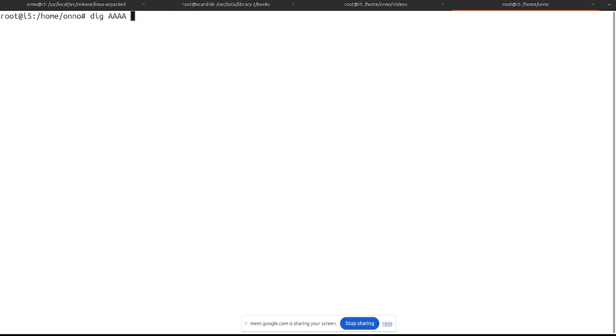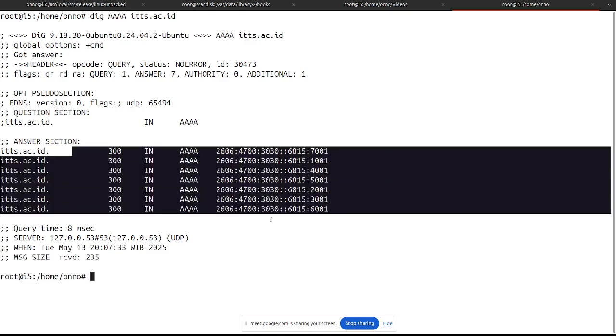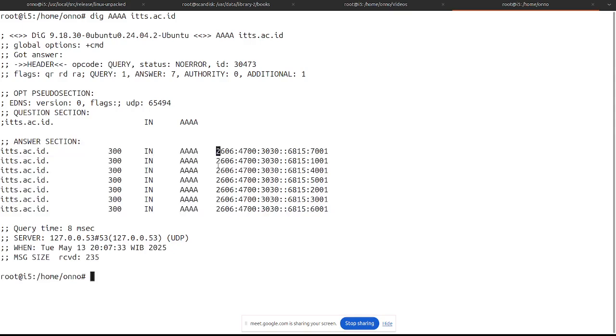Let me see my campus, itts.ac.id. See, we have IP version 6 in our campus. It starts with 2, so that's a public IP address. Okay, let me see if I can see UI